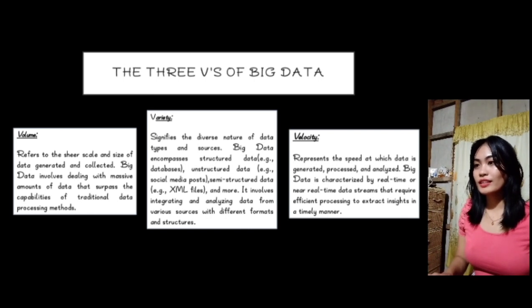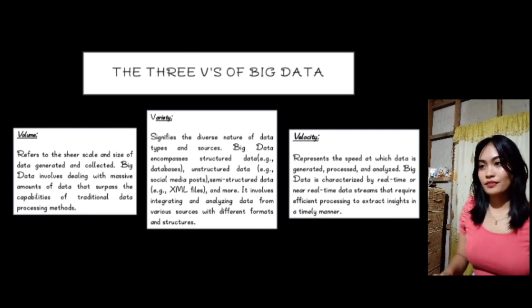Okay, so for the second V of the three V's of big data, we have the variety. So variety signifies the diverse nature of data types and sources. Big data encompasses structured data. Examples